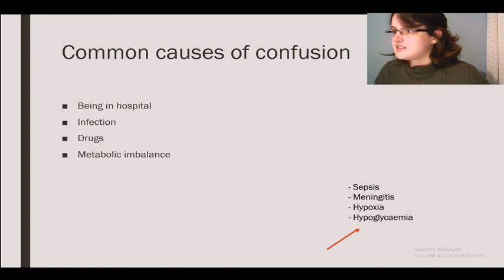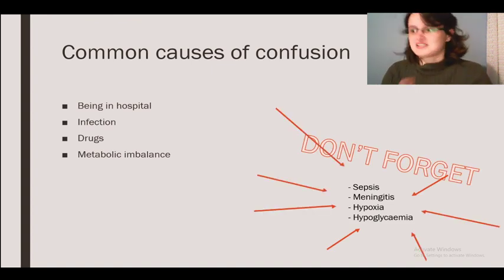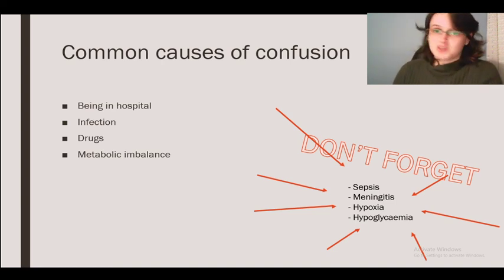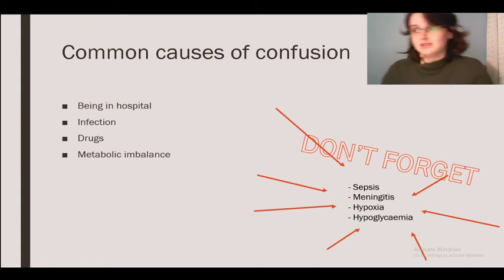And then these are the ones that you really don't want to miss. Sepsis, meningitis, hypoxia, hypoglycemia are the ones that are more likely to present with altered states of consciousness. And because literally anything can cause an altered state of consciousness, you also always want to have in the back of your head the other things that will kill you. So an MI, stroke, PE, massive hemorrhage from somewhere. Pretty much anything can do it.